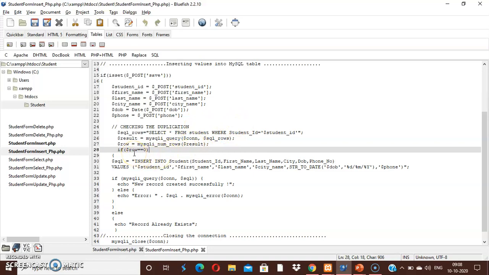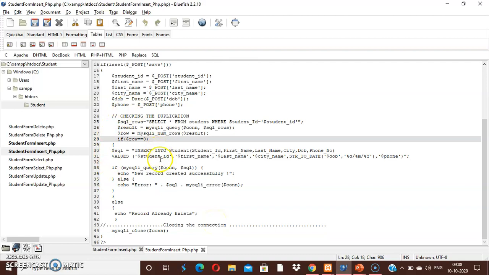If the number of rows is 0, that means that there is no record with the same student ID. Then it will execute the insert query and the data are inserted into student table. Otherwise, it will put a message, record already exists.